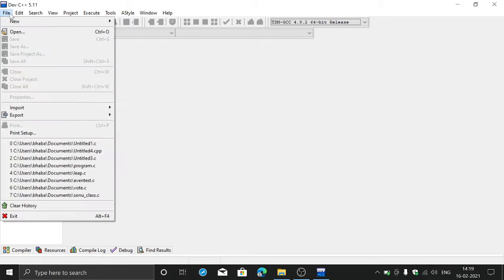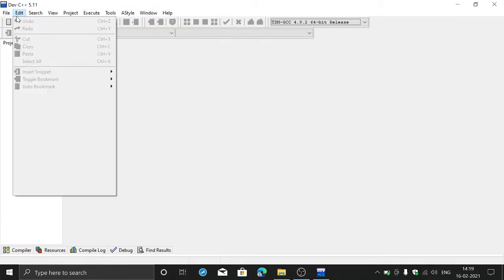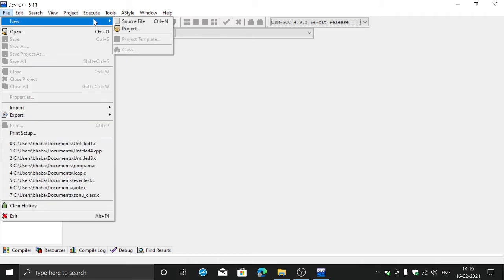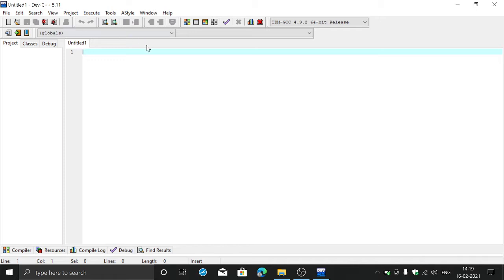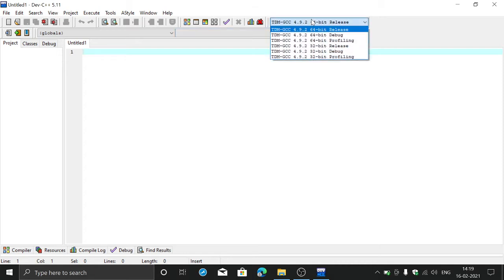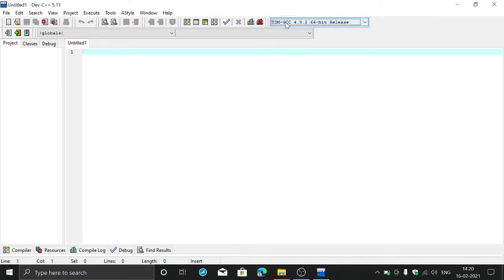Once it opens, you can create a new source file either by pressing Ctrl N or by going through the menus. Here you can write any valid C program, and you can see that it is GCC compatible. That is, all the valid code is GCC based and satisfies the GNU license. So if you practice here, you will not face any difficulty while programming in your online environment.